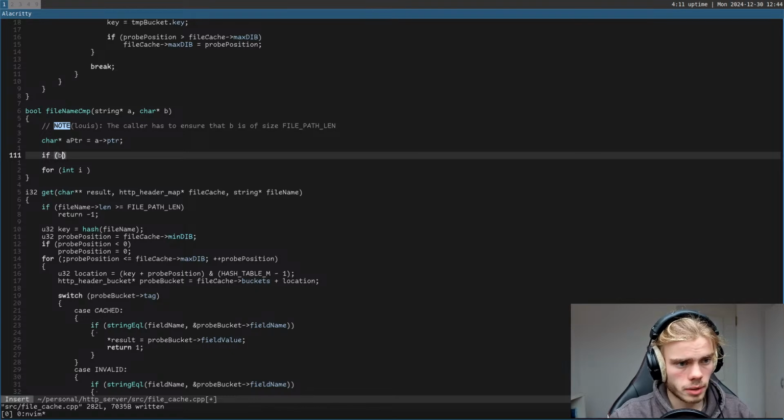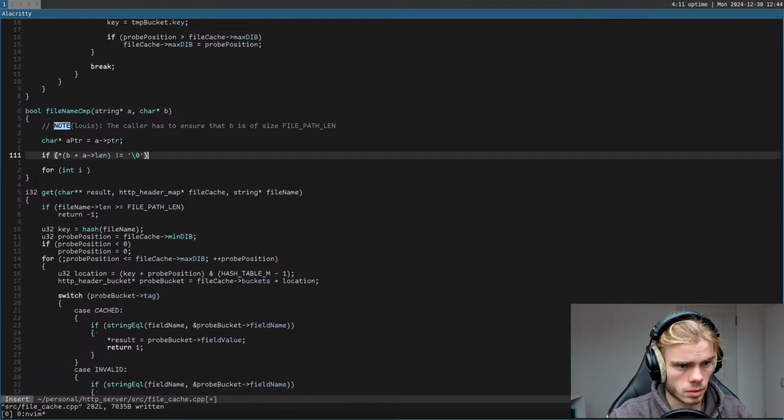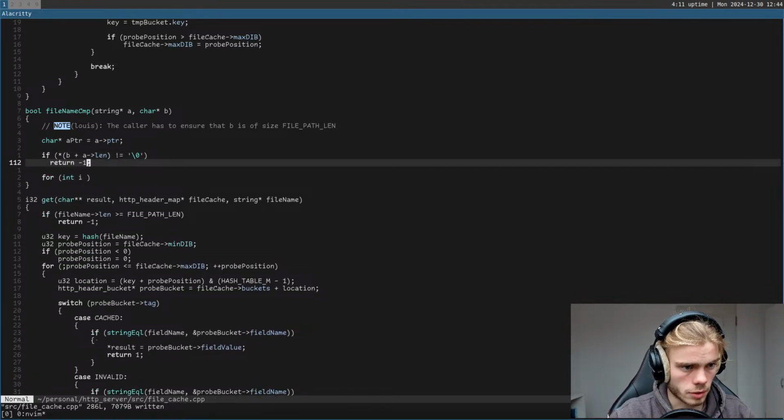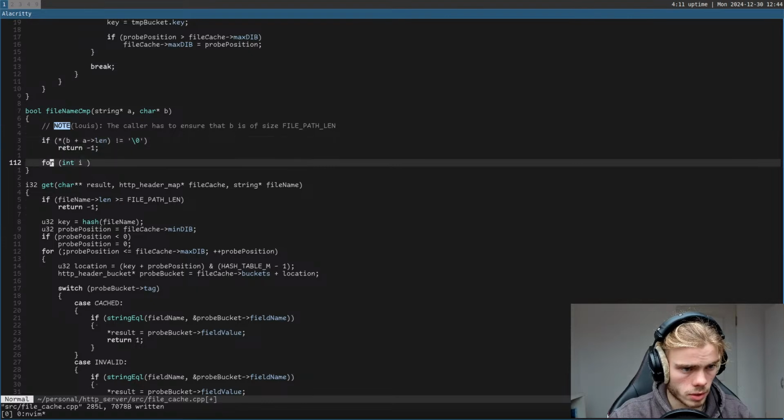So if B plus A length is not equal to the null terminator, then we return -1. If that is the case, then we just do a mem compare,